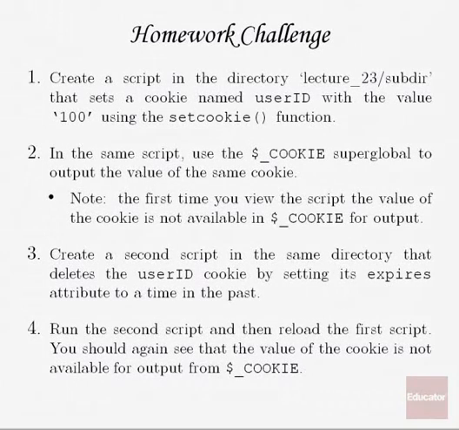So for our homework challenge, I want you to create a script in a directory called lecture, in a directory called subdir in the lecture 23 directory, so it's a subdirectory. Basically use the setCookie function to set a cookie named user ID with the value 100. And then in the same script, I want you to use the cookie superglobal to output the value of that